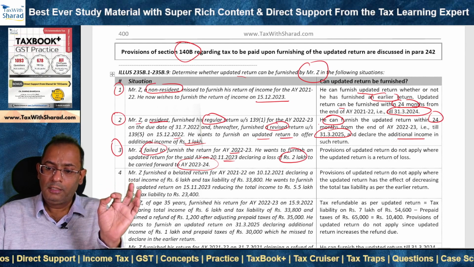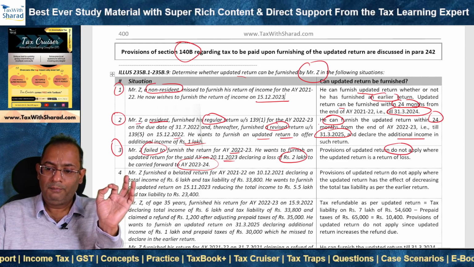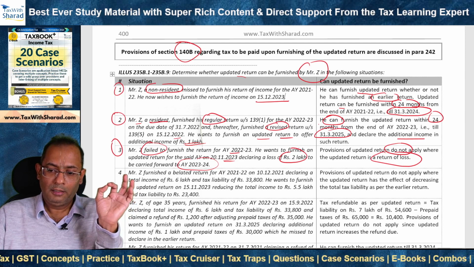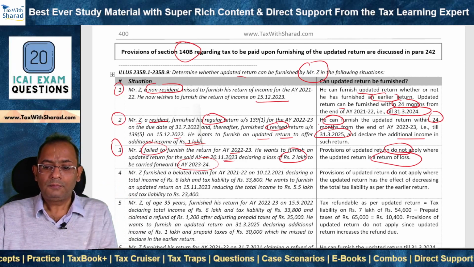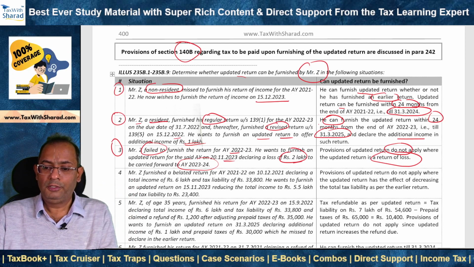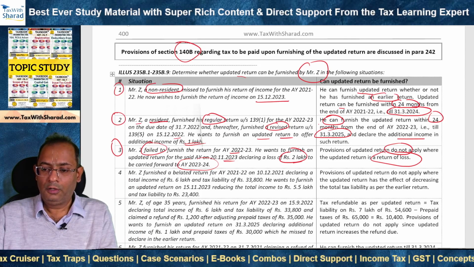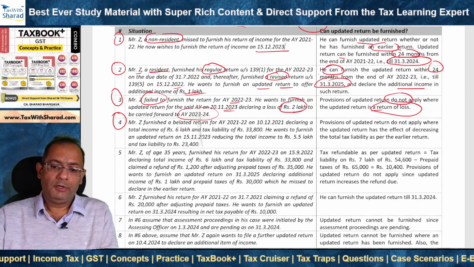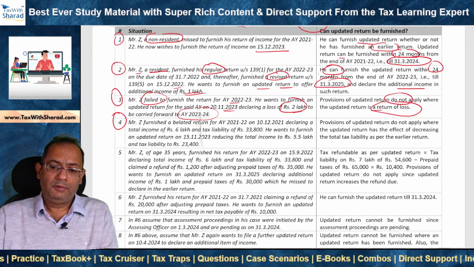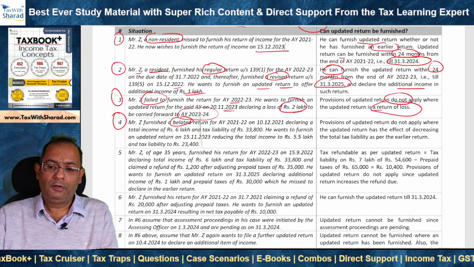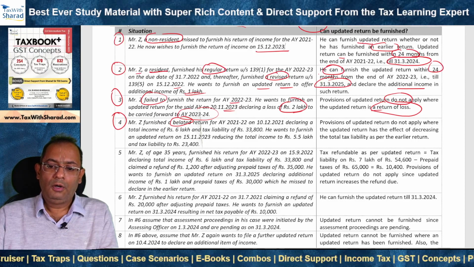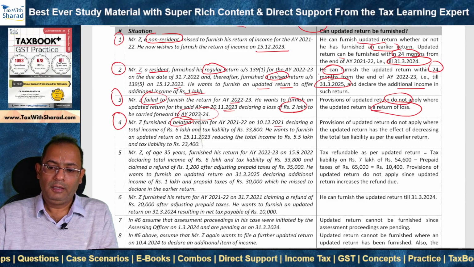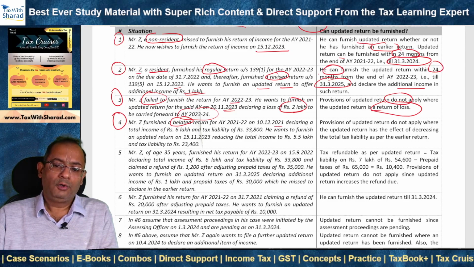No. Provisions of updated return do not apply where the updated return is a return of loss, because he wants to declare a loss of rupees 2 lakh, which will be a return of loss, which cannot be furnished under 139(8)(a). Situation 4. Mr. Z furnished a belated return for AY 21-22 on 10 December 2021, declaring a total income